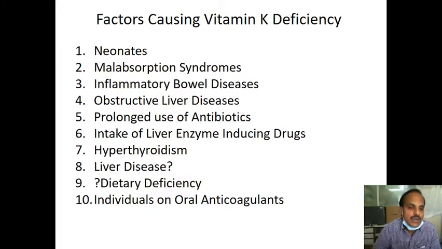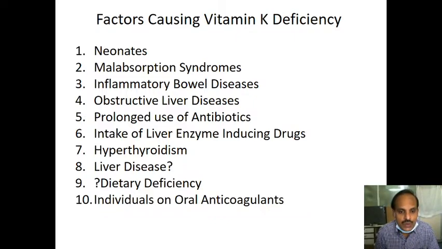So this is very important to save the neonates from the complications that may happen due to the classic variety of the vitamin K deficiency bleeding disease and the delayed variety or variant of the vitamin K deficiency bleeding disease. Now, malabsorption syndromes. If some person has celiac disease, tropical sprue, or someone has undergone resection of the gastrointestinal tract due to intestinal adhesion secondary to tuberculosis or some other condition, then in such conditions again injection can be administered